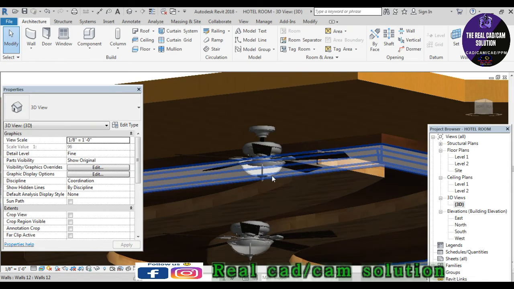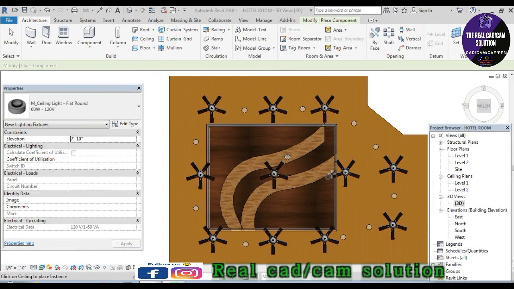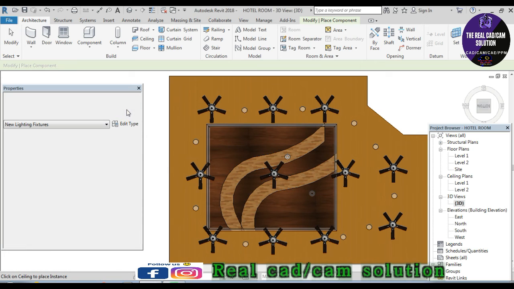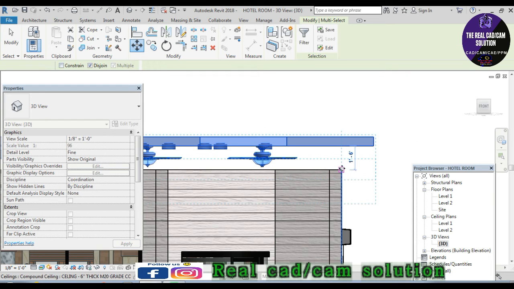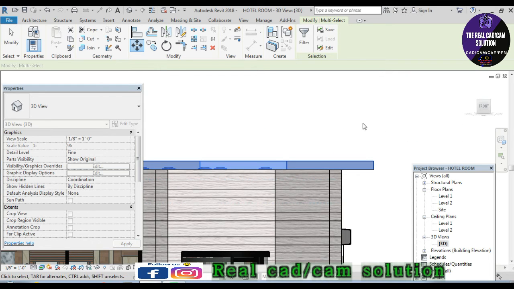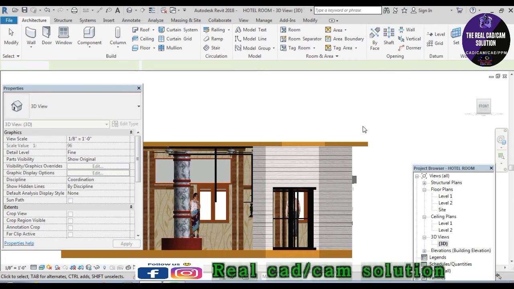And then use it to draw some lights also. I just put lights all over the section also. It's the same method, using load family in my component settings. And go to move to the interior side of the ceiling lights, the whole ceiling. I use move like this. Okay, I finish it like this. It's almost finished, my project.